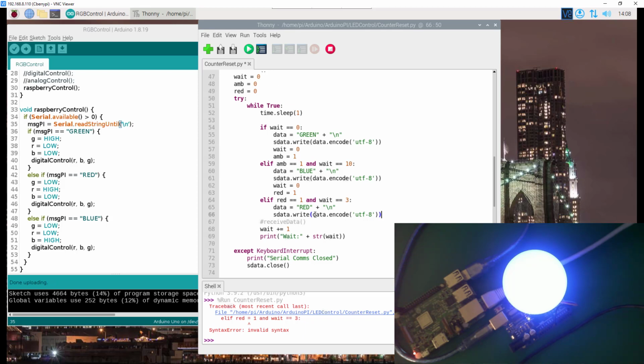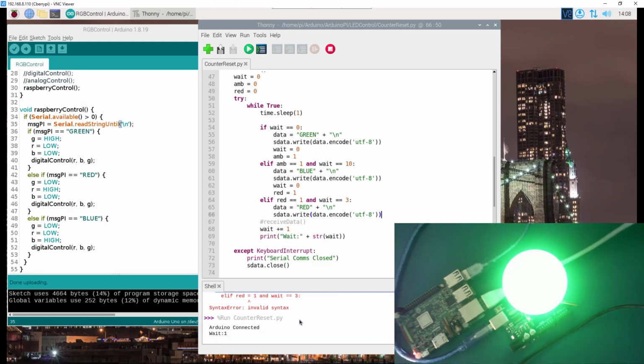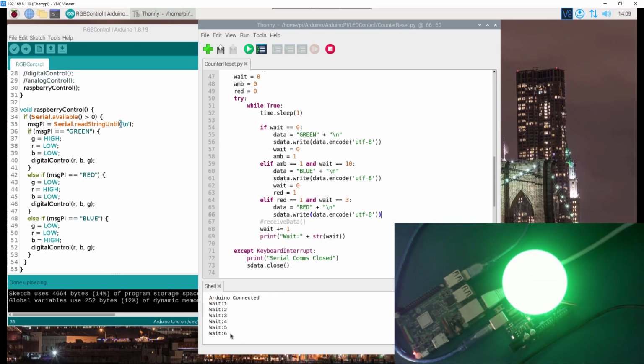And after that, we should be able to reset, okay? Because after that we must turn green again, so that the cycle must continue. But let's give this a try and see what we're going to get. Okay, so we got green. Then we're waiting for our 10 seconds to elapse. Okay, so after 10 seconds elapse, then we have amber, blue at this stage, and after 3 seconds,